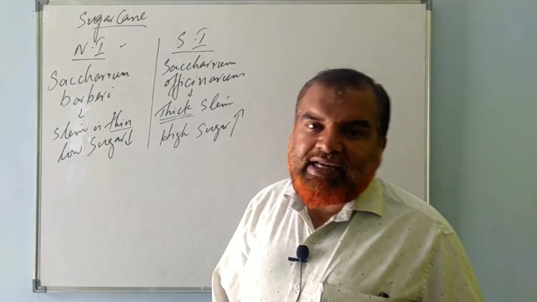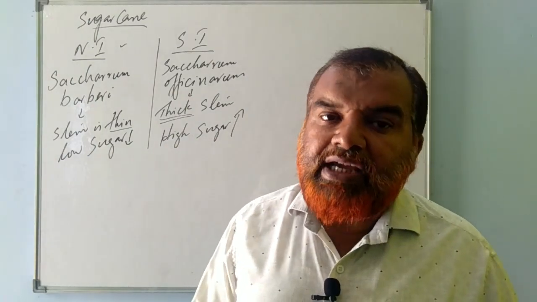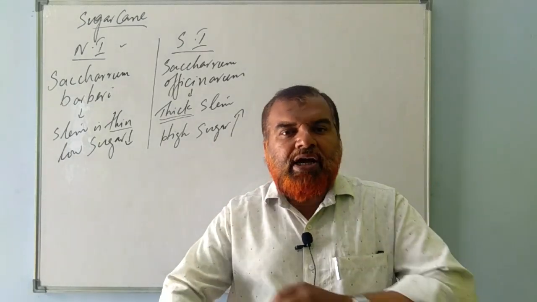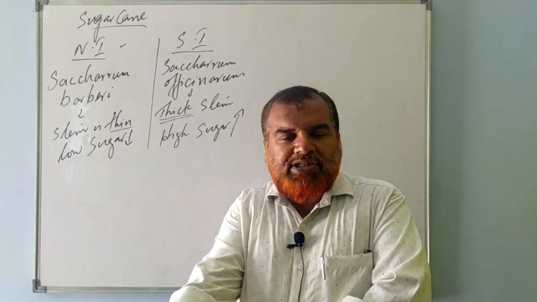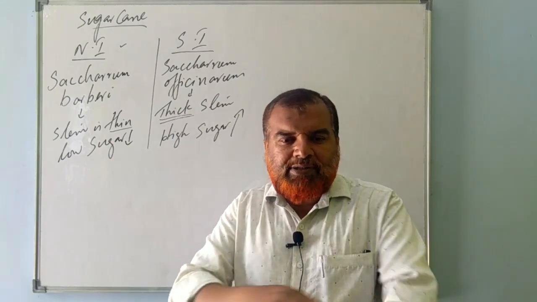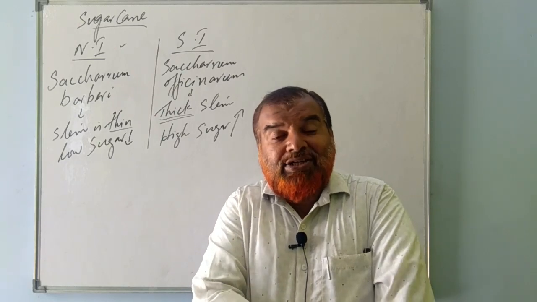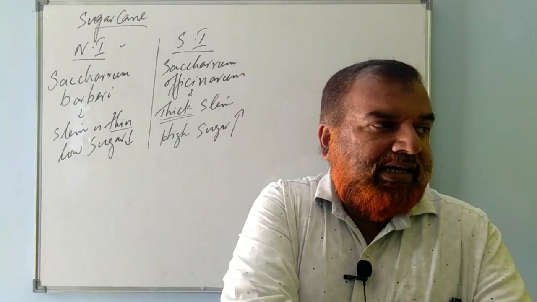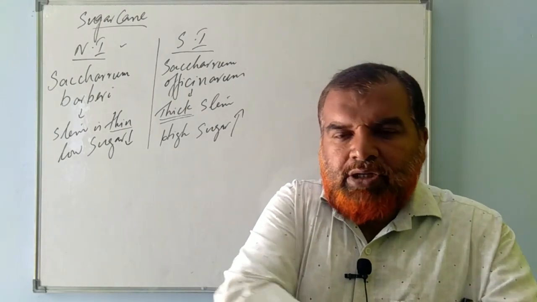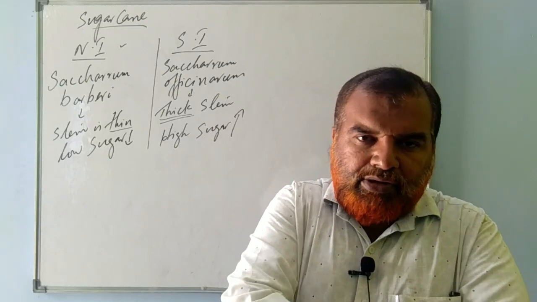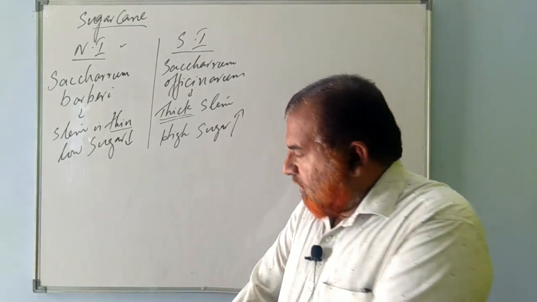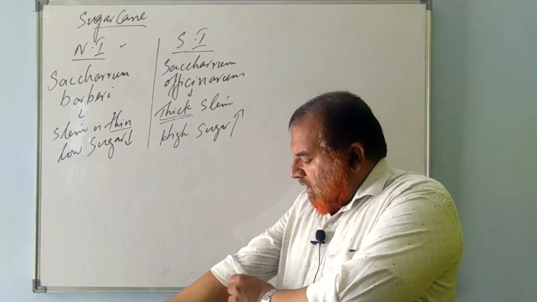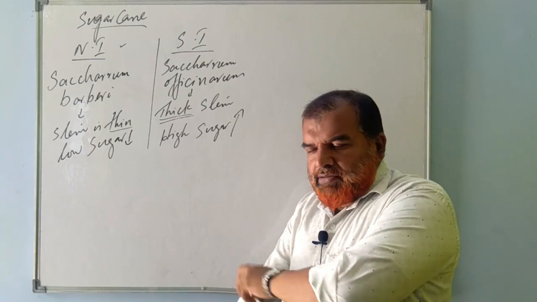So the scientists at the Indian Agricultural Research Institute, IARI, initiated work in our country, in Bihar. Now we have branches in Bangalore also, the Indian Institute of Horticultural Research, IIHR, which deals with horticultural crops. IARI, the Indian Agricultural Research Institute, is spread all over the country. In Bangalore also we have a very big campus. So this Indian Agricultural Research Institute, which was situated in Bihar,